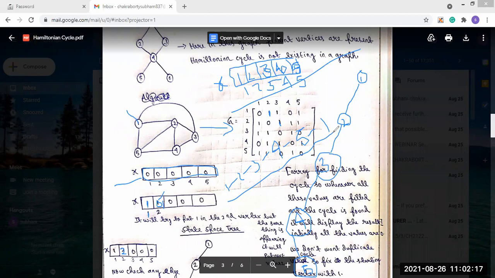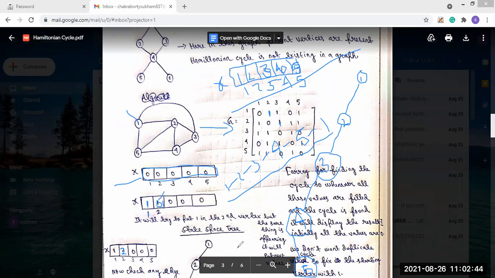So let's see if there are other cycles present or not. This is a cycle we have already got. So to find the cycles, we have to perform like this. This is the step by step way we find the Hamiltonian cycle in a graph.